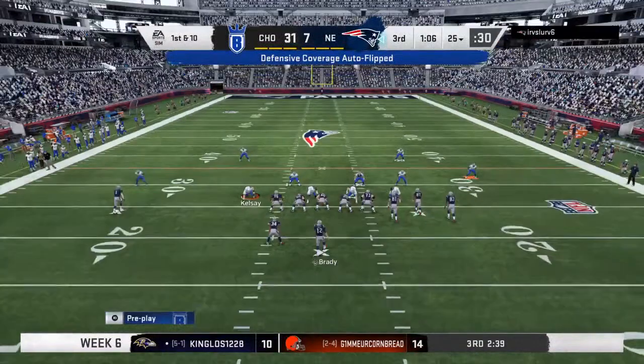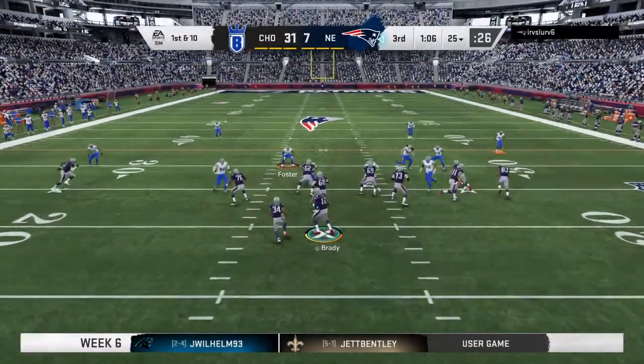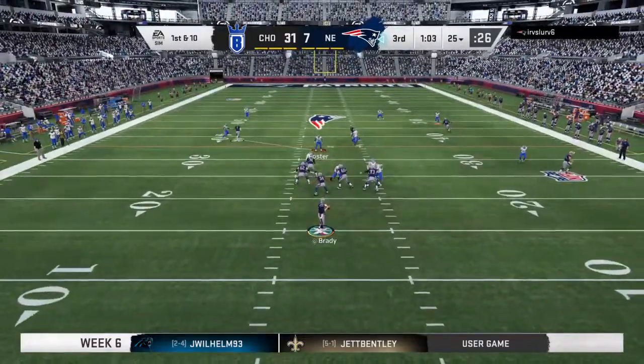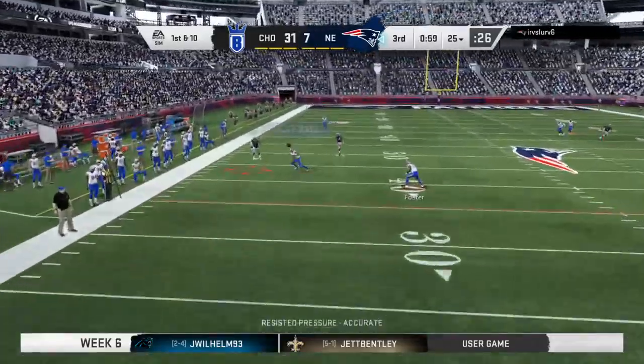The Pats at the line, ready to go. And here we are almost through 3 quarters of play, and this passing game still has not really found any kind of rhythm. Put it mildly, because they're not even over 100 yards yet. And in today's NFL, where it's a...